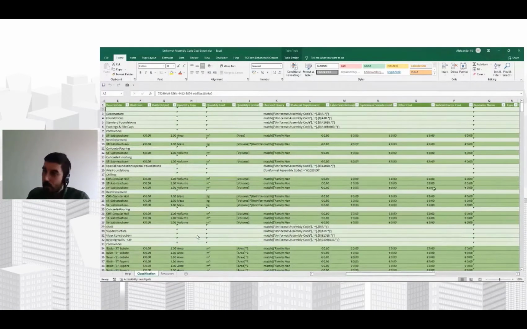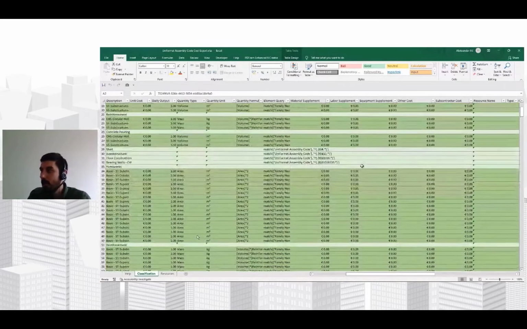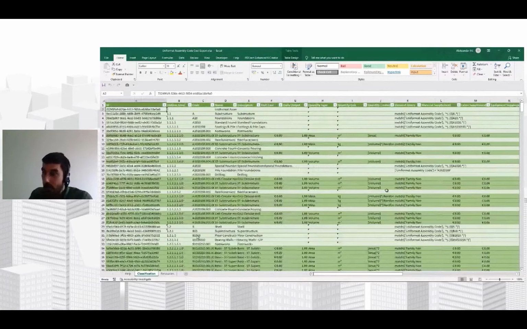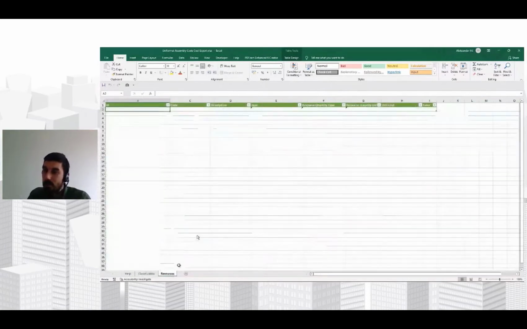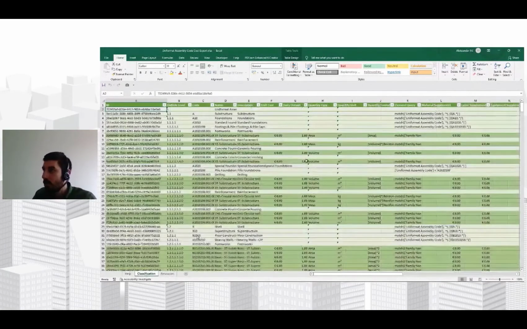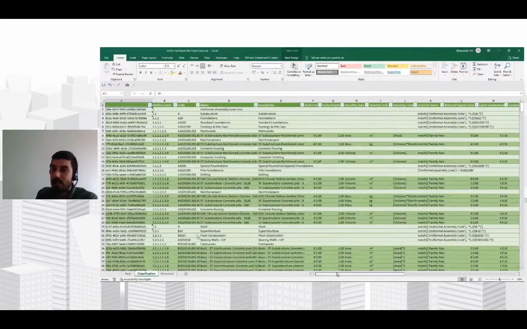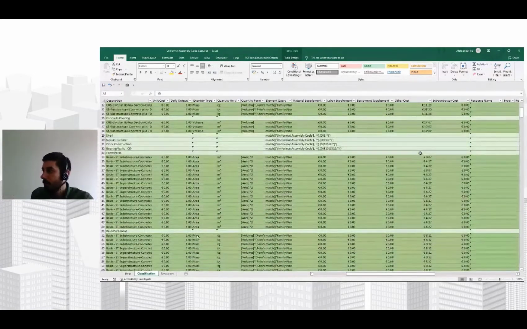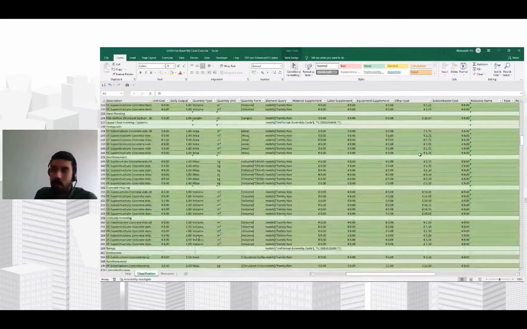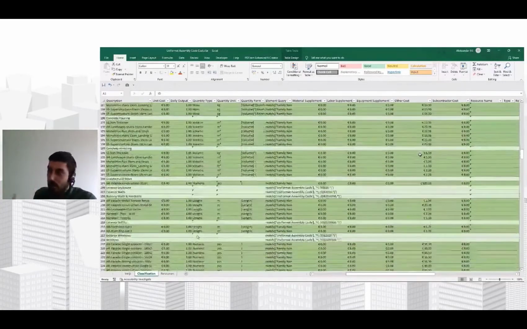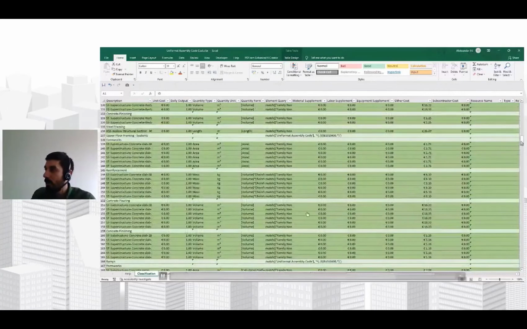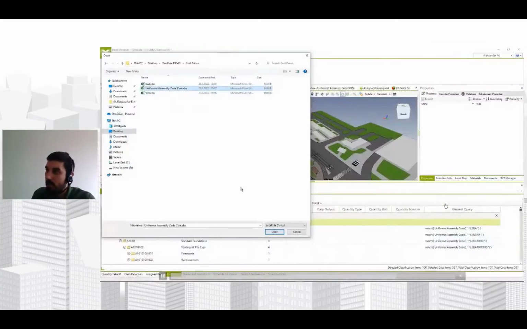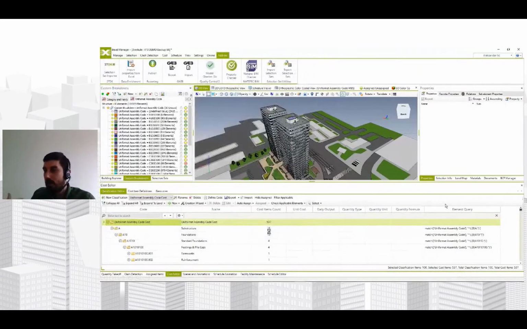all of this information. You can fine-tune it in terms of some descriptions, in terms of some quantity formulas that you want to fine-tune and customize a little bit, to add resources. And the most important of all, you have the ability to quickly and easily populate the unit prices, and you can even define them by material, labor, equipment, subcontractor or some other type of costs. So you have the ability, like in this case, to populate just the unit prices in this Excel, import it back